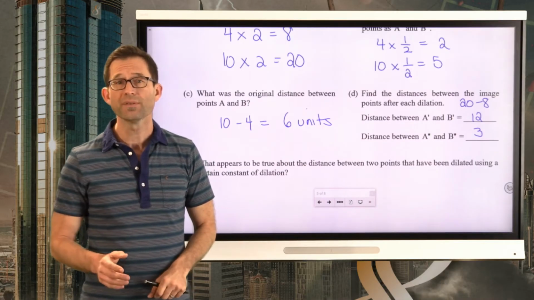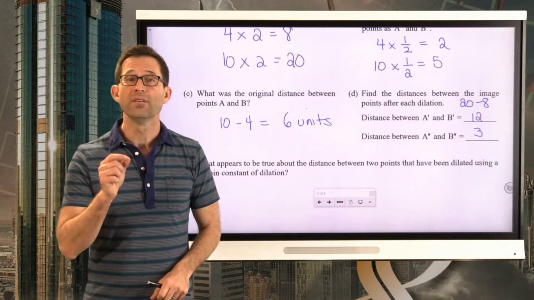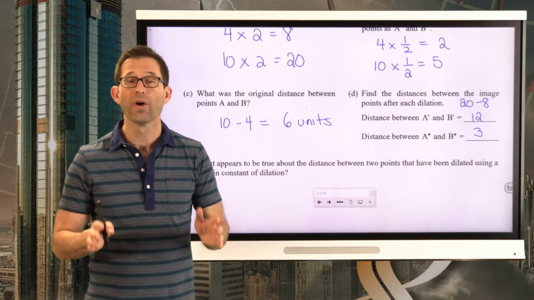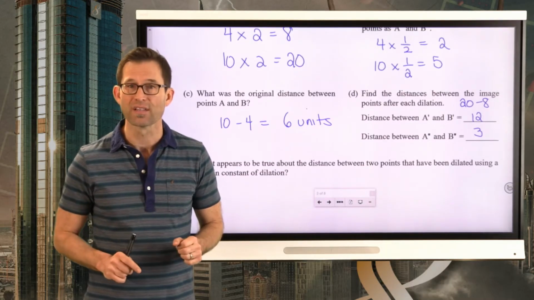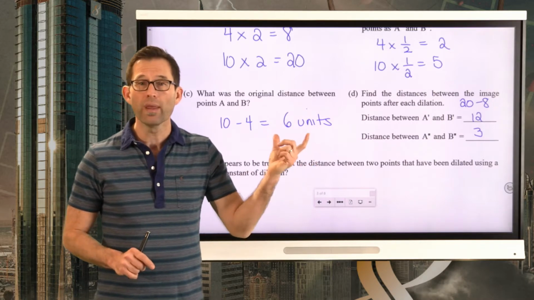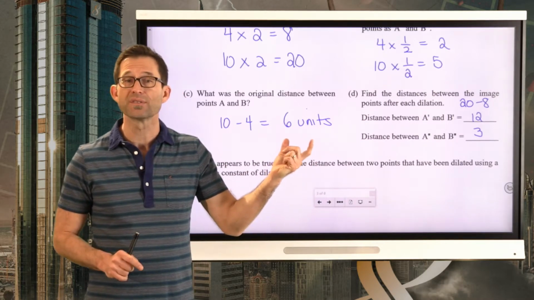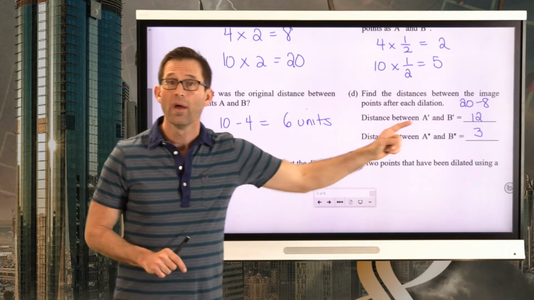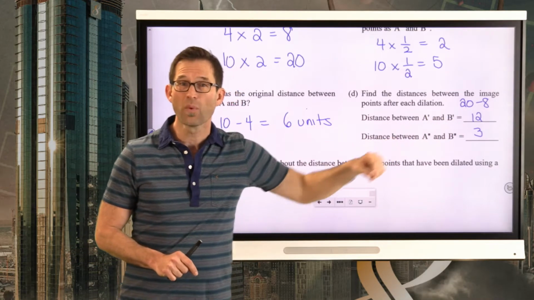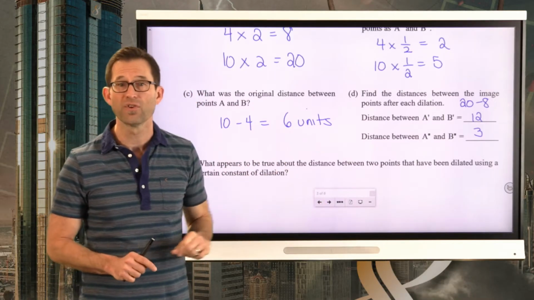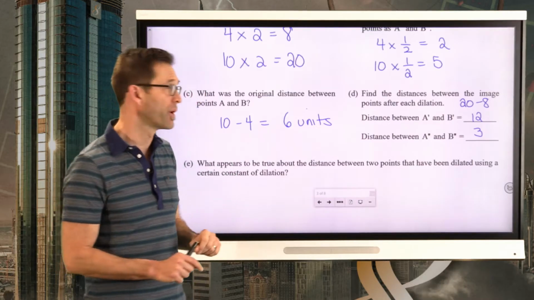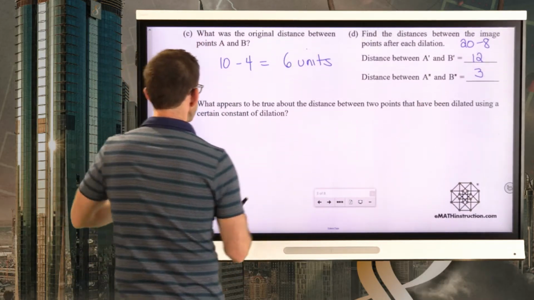So what do we see from this? Very clearly, the distance between 2 points that are dilated has been scaled by that dilation constant. If we knew that the original distance was 6 units, then after a scaling of a factor of 2, now that distance is 12 units because we've multiplied 6 by 2. And if we multiply 6 by 1/2, we get 3. So the important observation is